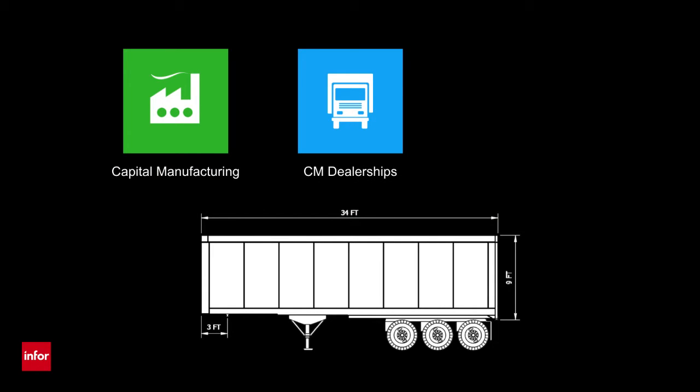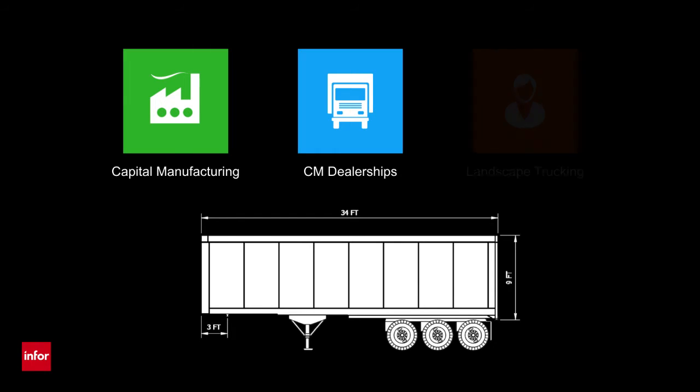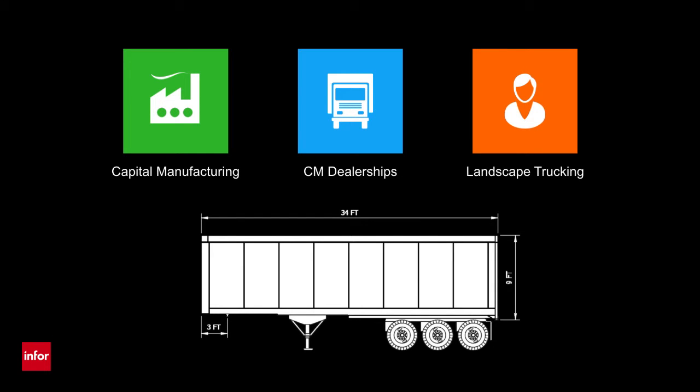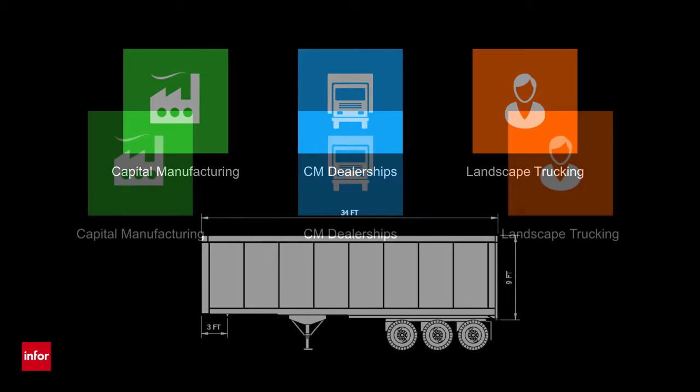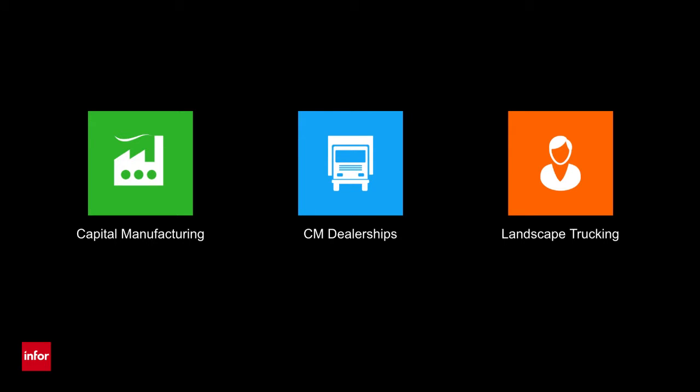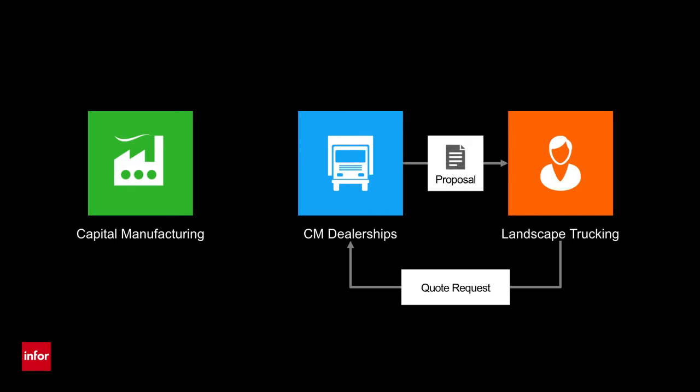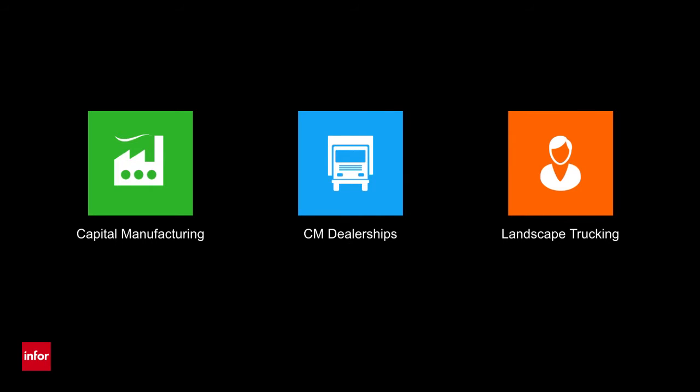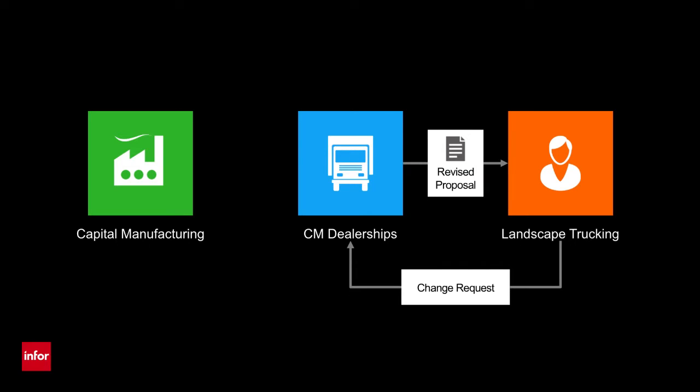CM Dealerships is a dealer for Capital Manufacturing, and Landscape Trucking is a customer for CM Dealerships. In this scenario, we will see how CM Dealerships is using Infor Configure Price Quote to manage their sales process. First, CM Dealerships will respond to a request for quote from Landscape Trucking, generating a 100% complete and accurate quote and proposal. Next, CM Dealerships will respond to a change request from Landscape Trucking, generating a competitive pricing proposal to